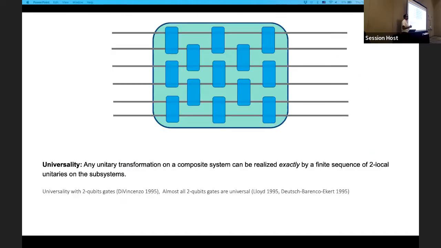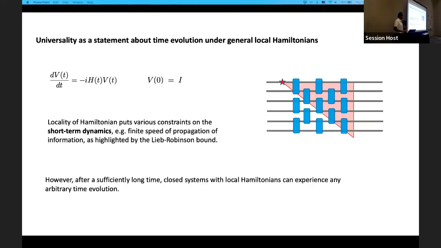And then the first step of this project, we study the question of universality. According to a well-known result in quantum computing, we know that any unitary transformation on n qubits or n qudits can be implemented by a finite sequence of local unitaries, two-local unitaries, unitaries that act only on a pair of qubits or qudits. Although this result was discovered in the context of quantum computing around 94 and 95,